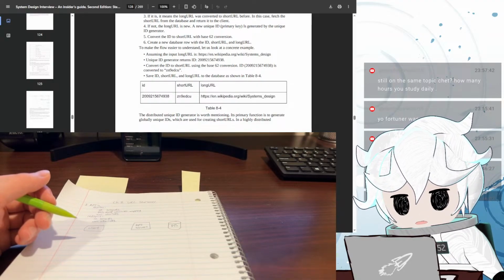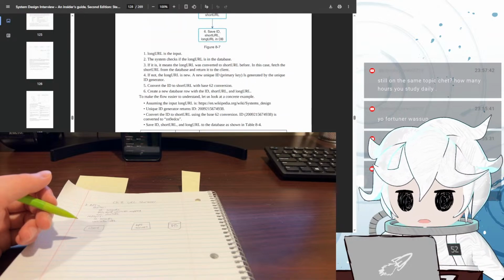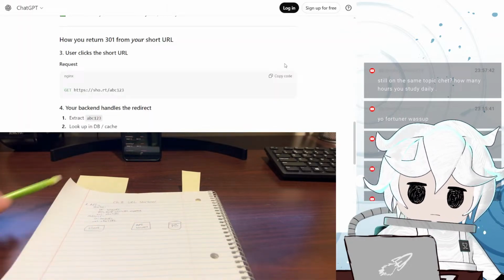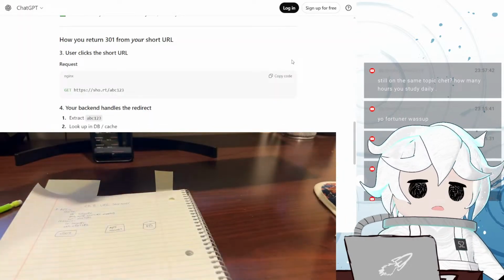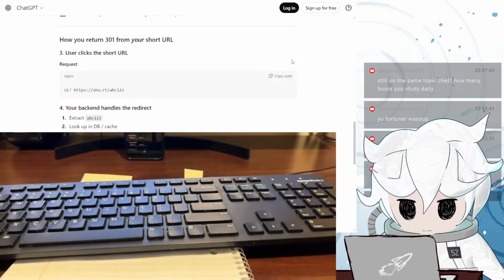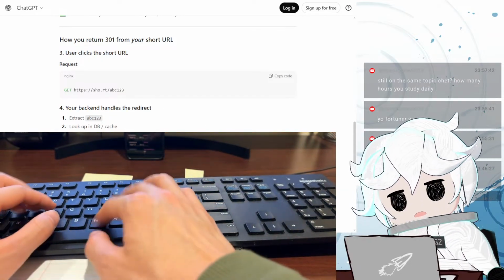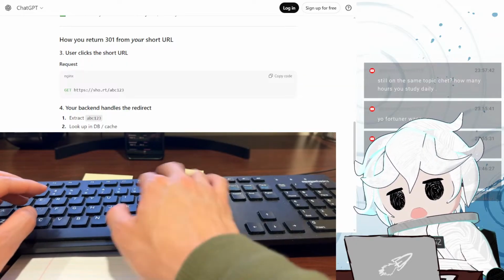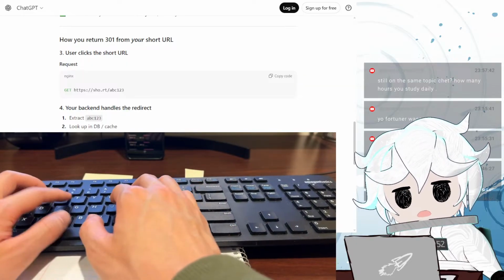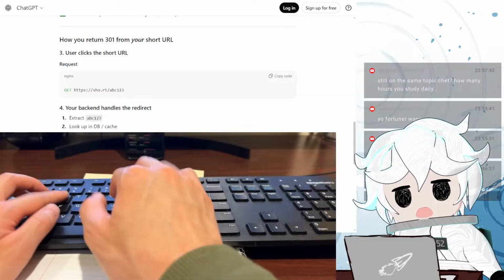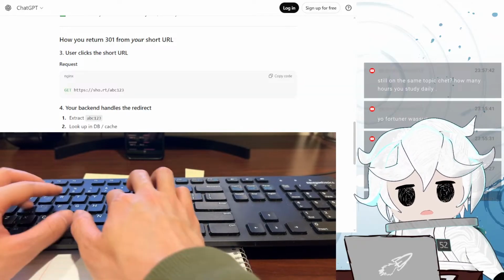Luckily we have... Okay. I don't think this is useful. Can we ask ChatGPT? Best friend ChatGPT. Is storing a unique ID outside of the short URL and long URL in the database useful?